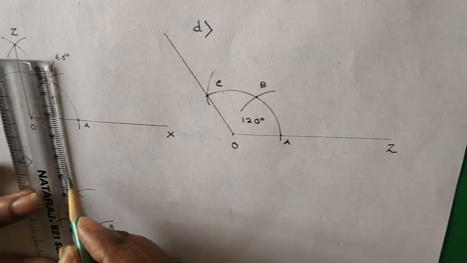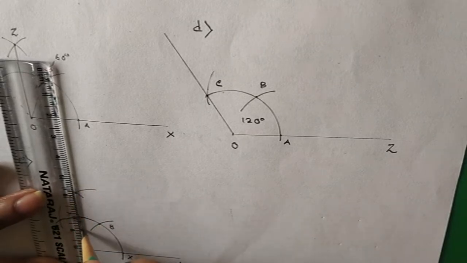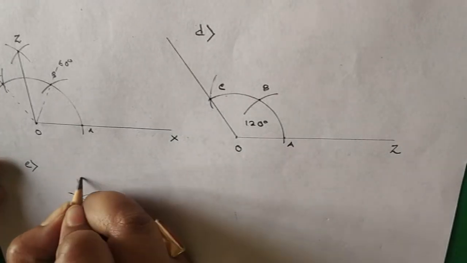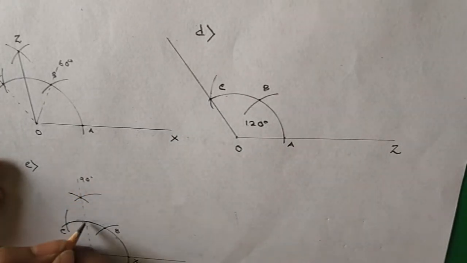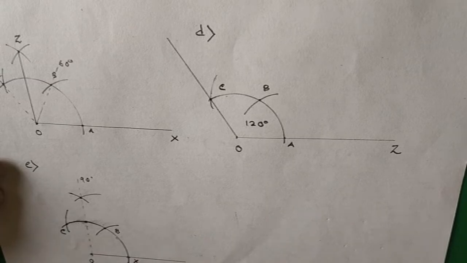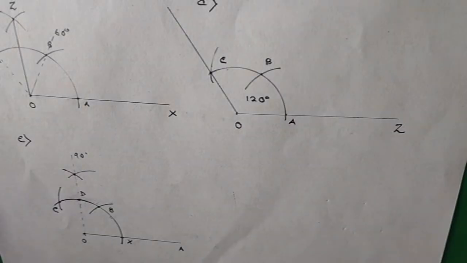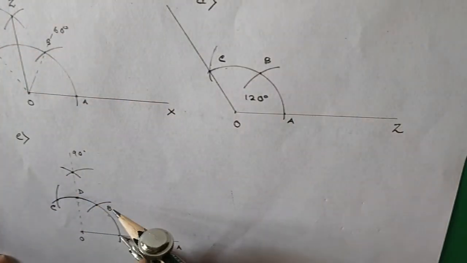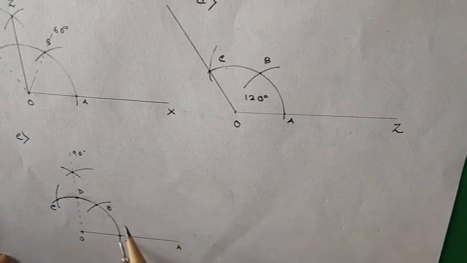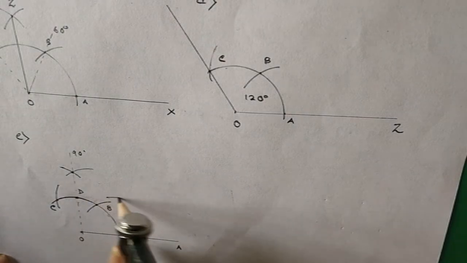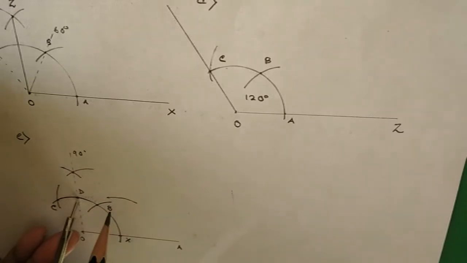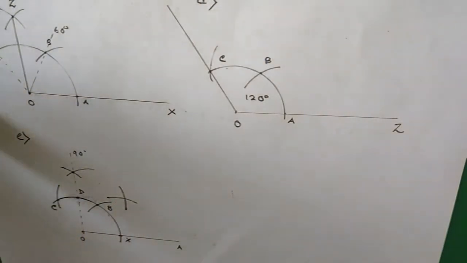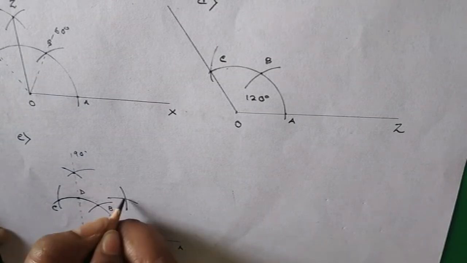Now we will bisect this to get 45 degree. This is 90 degree. Now we will bisect this and this point. Say this is point D. Now we will bisect X and D to get 45 degree. So for this we will place the pointer at point X and we will take the radius more than half of XD, and then we will draw an arc. With the same measurement from D point, we will cut the previous arc. So this is say point E.